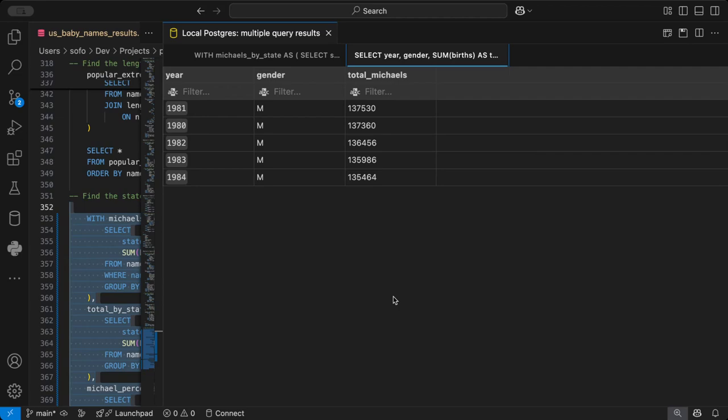I wonder why 1980 is after 1981. Oh, because it has more. So it looks like 1981 was the year when the most Michaels were born, and that is as of 2010. That was accurate. Not sure if that remains true to this day, but